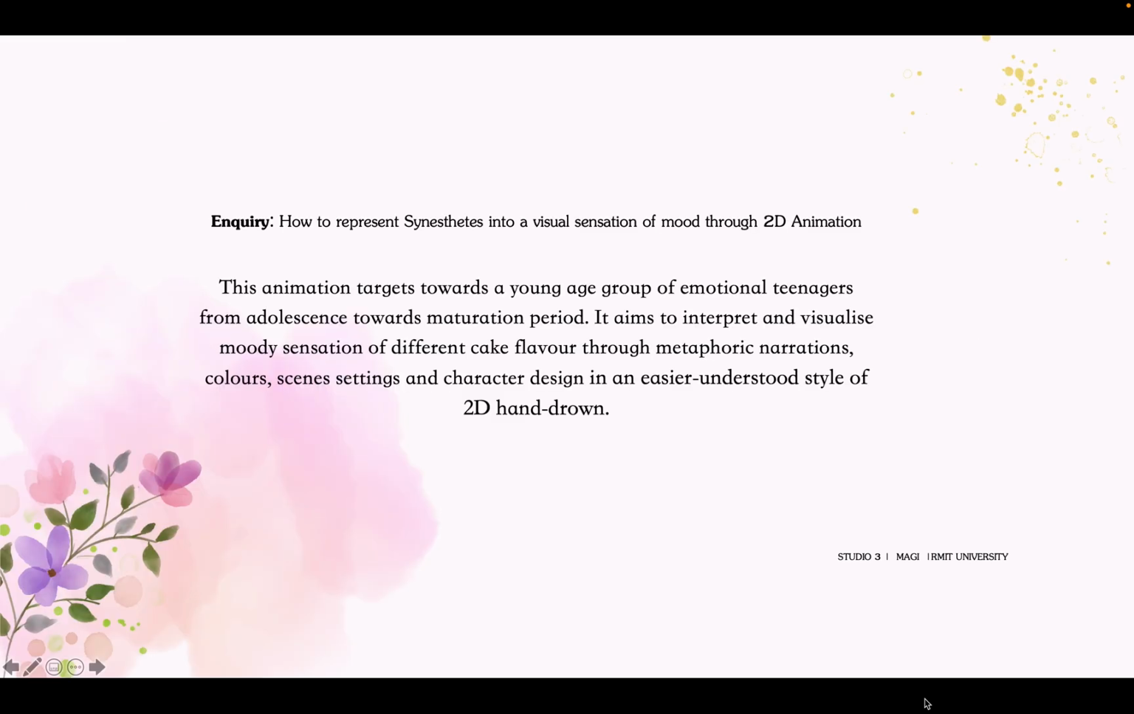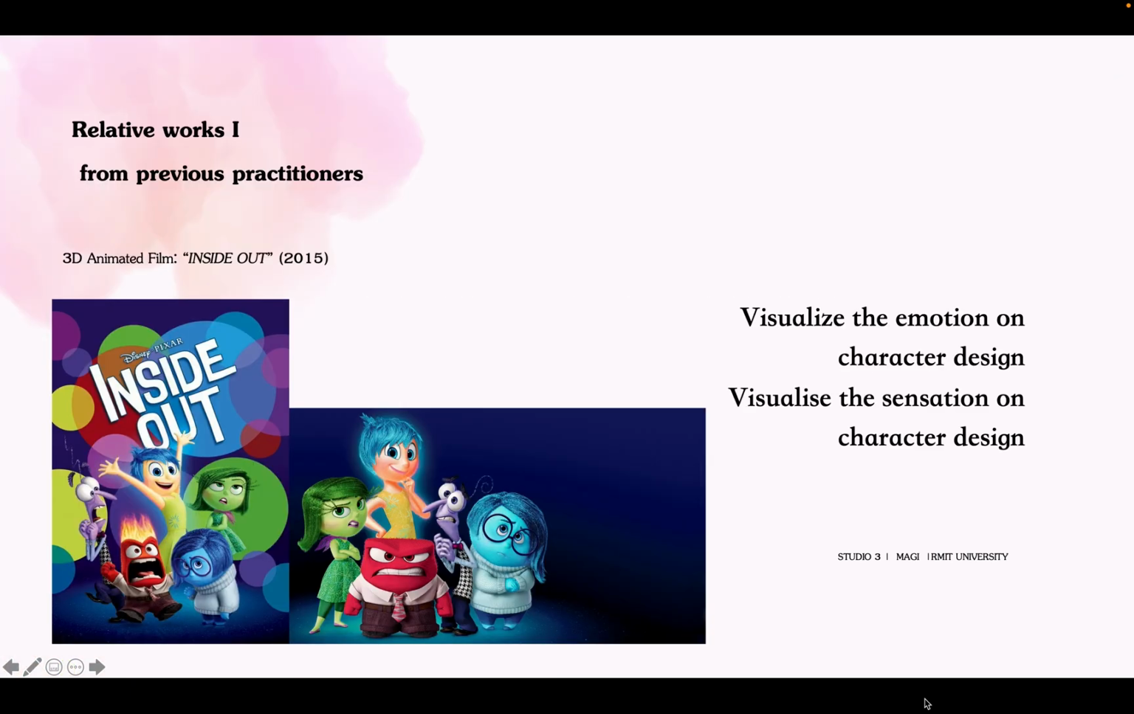On the sensations and emotions, I rearranged my project intention into interpreting and visualizing the moody sensation of different cake flavors through metaphoric narration, colors, scene settings, and character design. Based on the relative work from my last work in progress video, Inside Out, this animation visualizes emotion through character design. It gives me the idea to visualize my cake moody sense through character design as well,